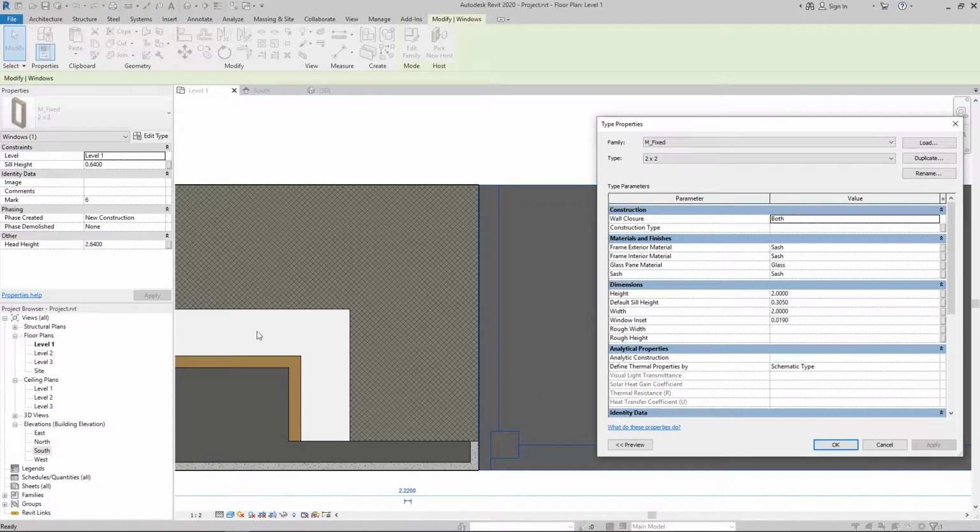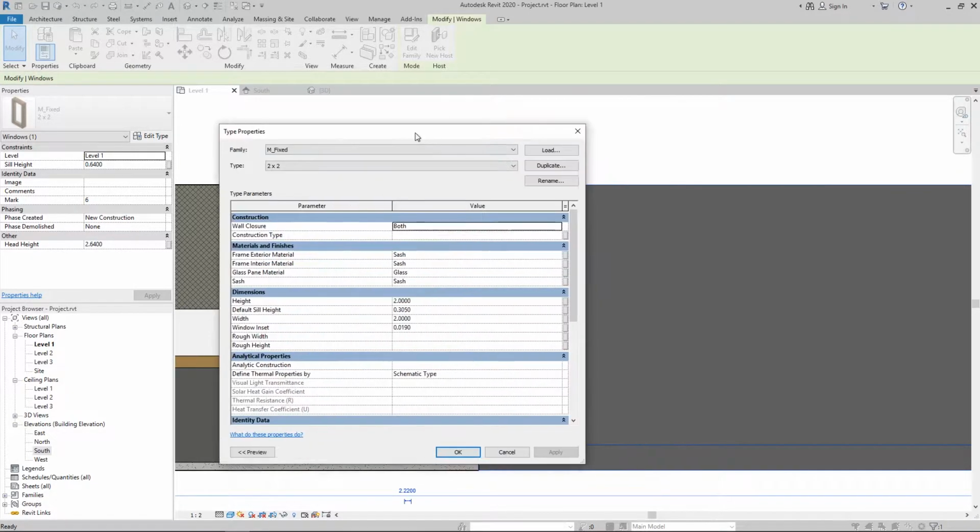So the window is going to say where these are going to wrap. So that's it for the window